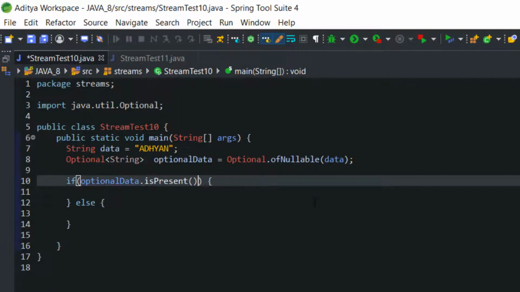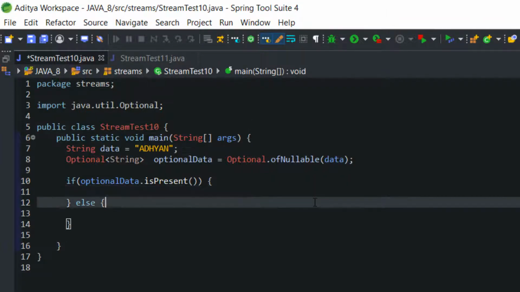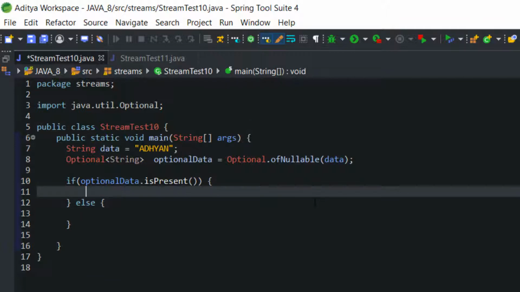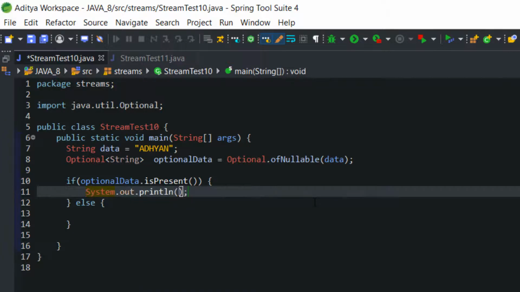The isPresent method will return a boolean. It will return true if and only if the data in optionalData carries a non-null value. If it carries a null value, then it will return false and go into the else block. Let's write a statement inside the if block to check that it is working properly or not.